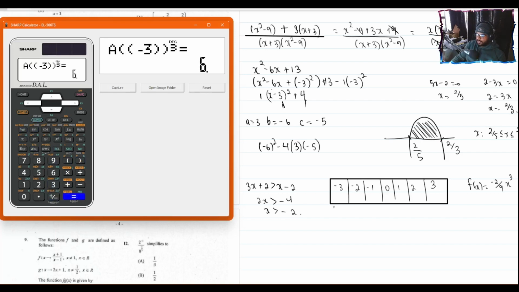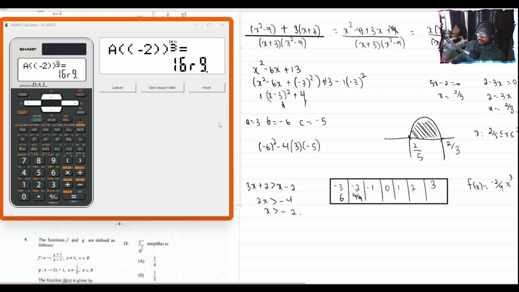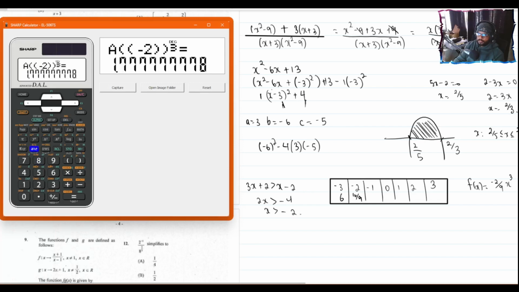I get 6. A multiplied by -2 cubed. I'm going to get 16/9. Actually, let's leave it as... my mouse. Did my mouse disappear? Alright, looks like my mouse disappeared here, so we will work with what we have. That is